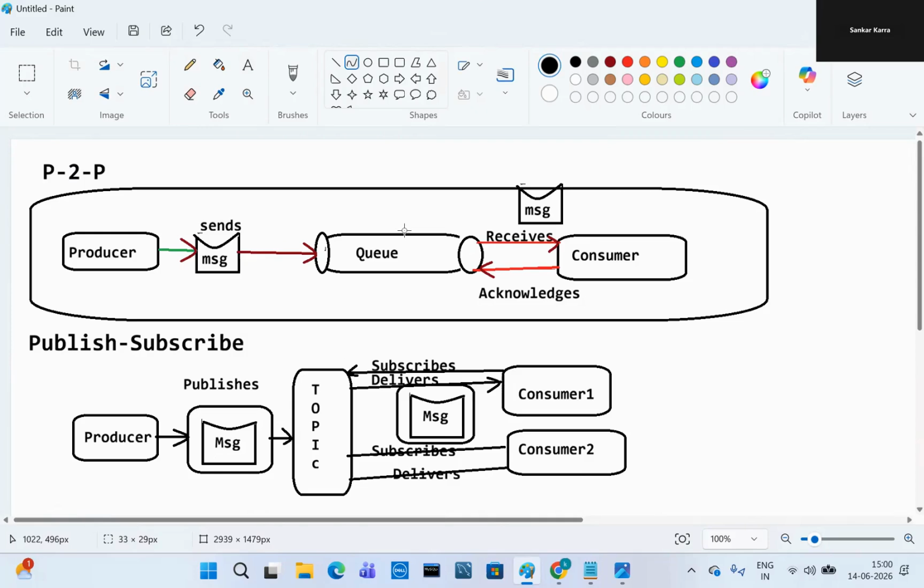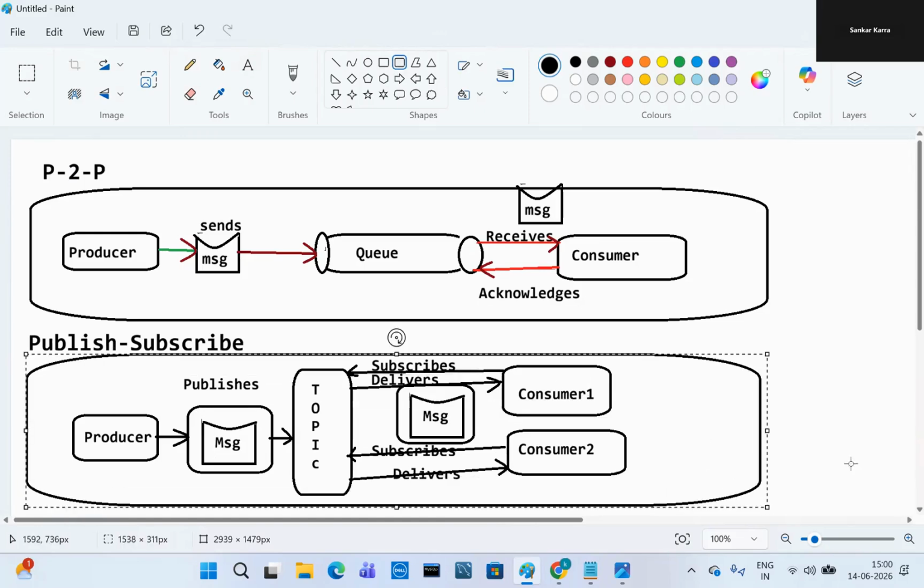Similarly, the second consumer subscribes to the topic, and it will deliver the message.